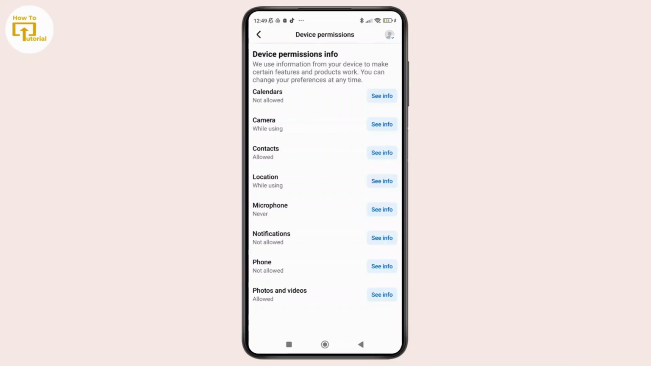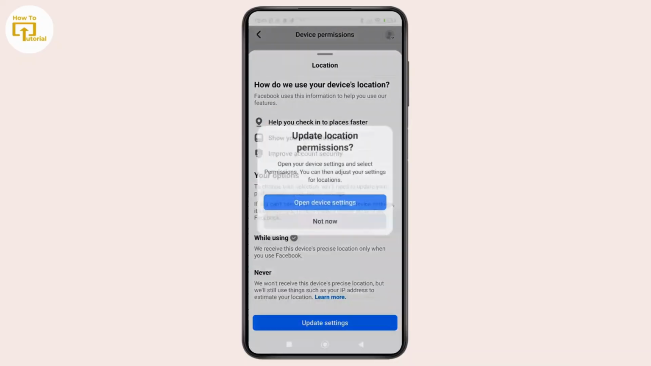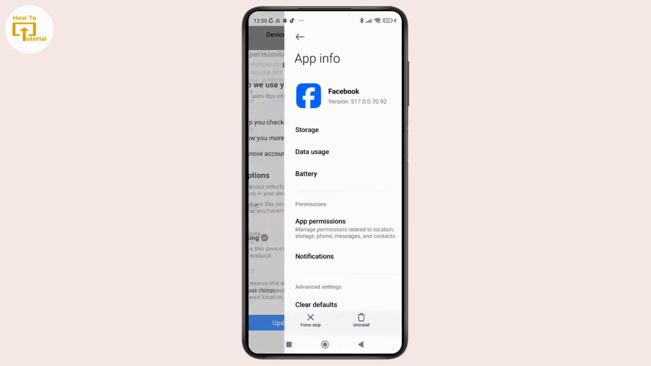So simply tap on see info beside that option, and once you tap on it, a pop-up menu will appear. From that menu, simply tap on Update Settings, and once you tap on it, a pop-up menu will appear again. From here, simply tap on Open Device Settings, and once you tap on it, you will be prompted to the